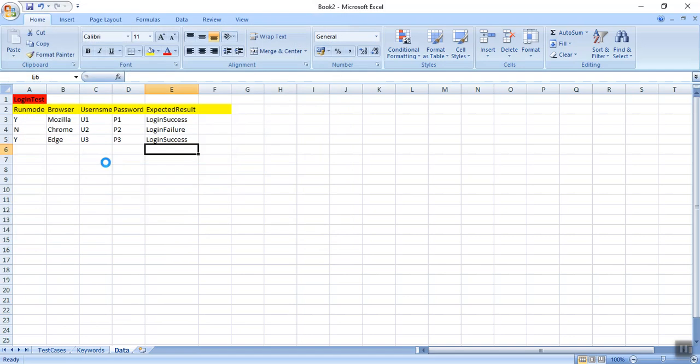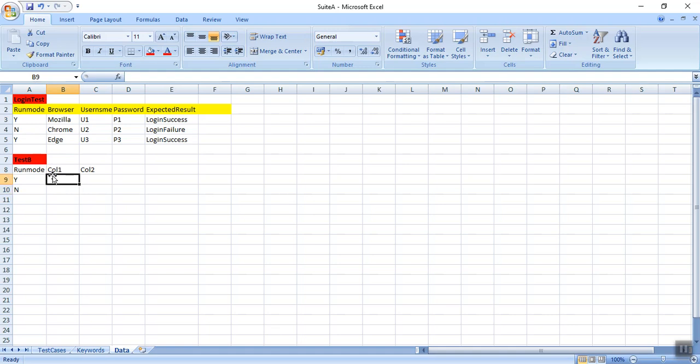Run mode means that we will check here whether to run this test case or not. Tomorrow, say I have to run only on Mozilla, or only on Edge, so only those test cases I can make yes, else I can make them no. Similarly, you can put the data for test B also.